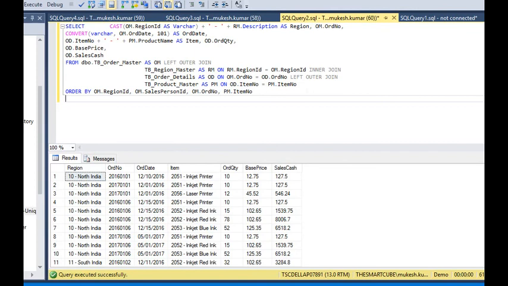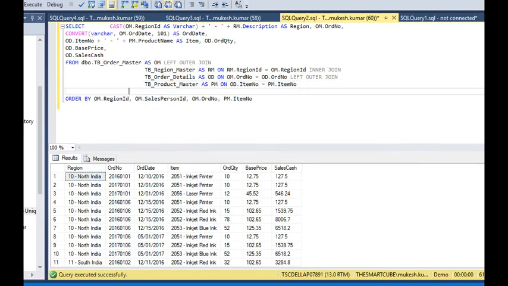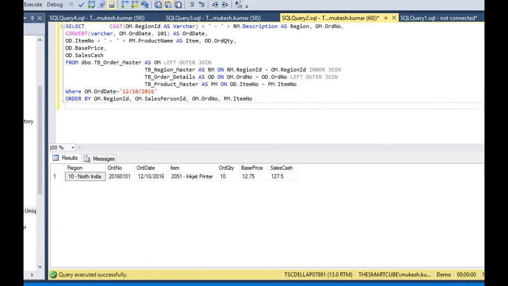You can see that if we put a where clause in my table, like where order date equals this, then we can find all the orders which fall on that order date. Basically the same thing we are going to use in our SSRS report. So we are just going to copy this,